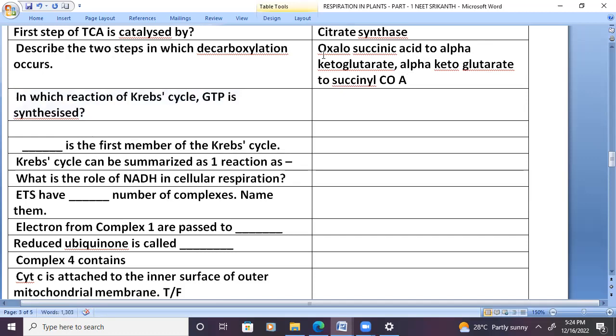In which reaction of Krebs cycle GTP is synthesized? Succinate to fumarate. Dash is the first member of the Krebs cycle: oxaloacetic acid. Krebs cycle can be summarized as one reaction as